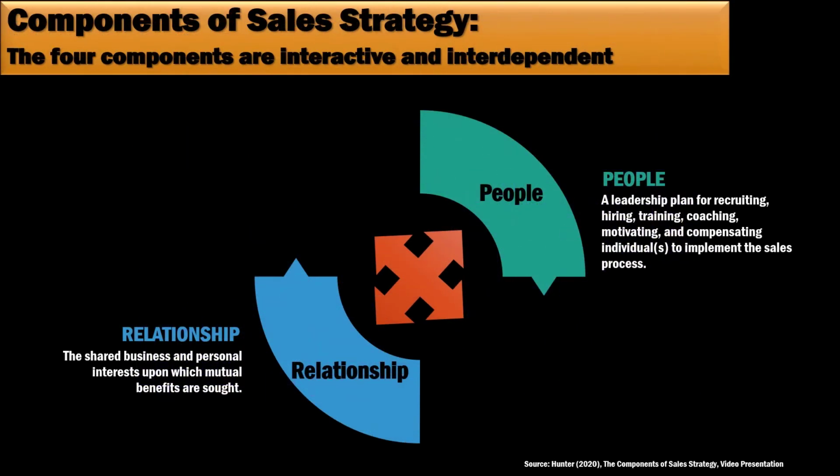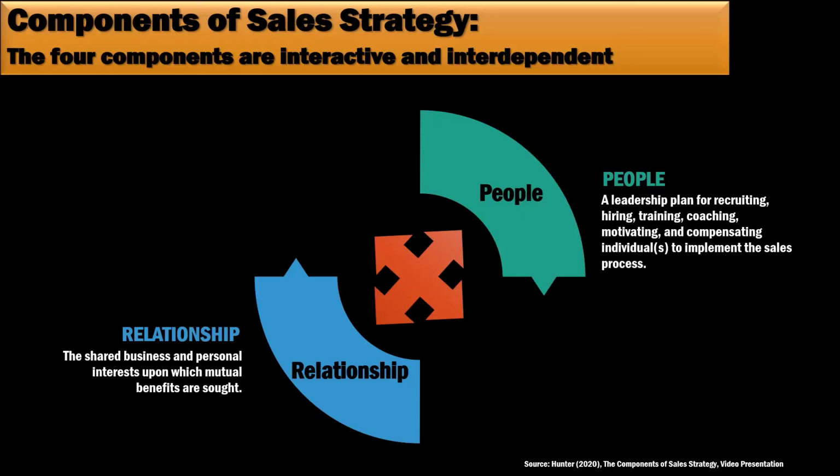So when I think more about the relationship, what I want you to see is that the type of people are also like this. When I talked about the interactive and interdependent nature of these components, relationships affect the types of people, and they'll affect the type of technology that comes into play, right? So the technology component is going to be different as we think about different relationships with people.